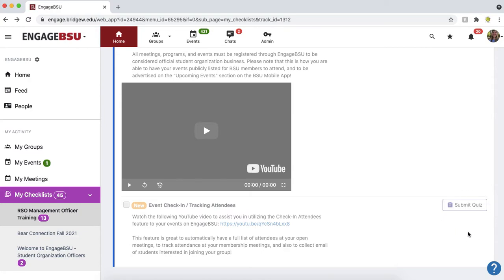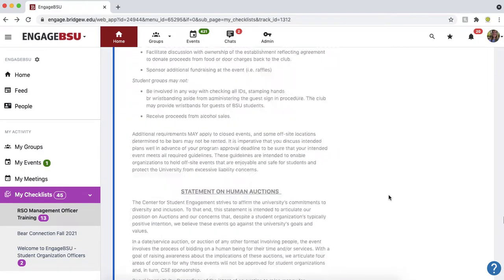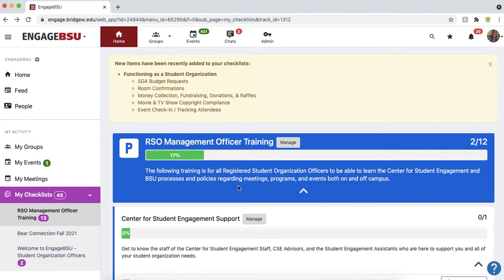But right on over here, you'll see there's a submit quiz. This is a catch-all quiz that covers all of the different 12 sections that we zoomed through in this, that I ask you to read through, watching every video that's associated with every section. This quiz will be just a little follow-up to make sure that you understand everything that we've talked about through this entire training. So as I zoom all the way through all of this, it looks like a lot of reading, but as you'll notice up the top, as I started to check off different sections, it'll track your completion